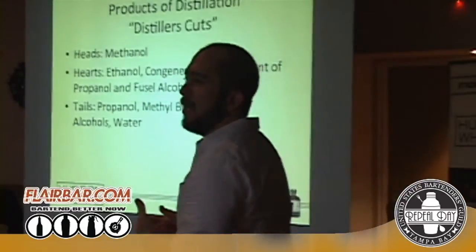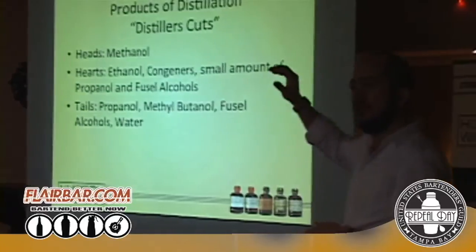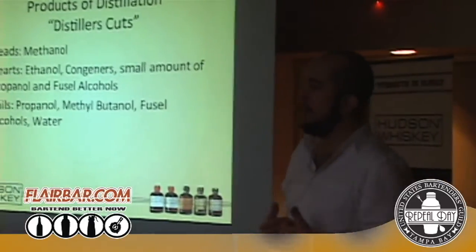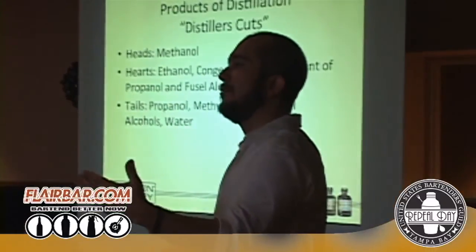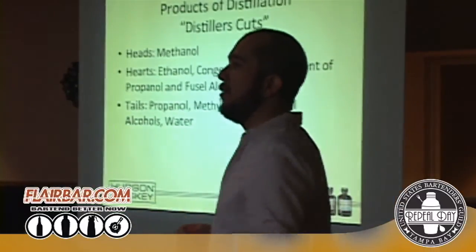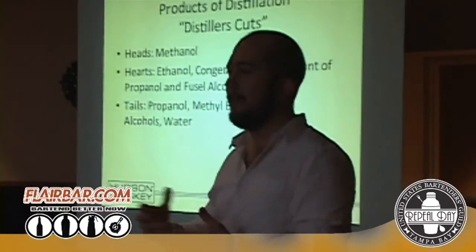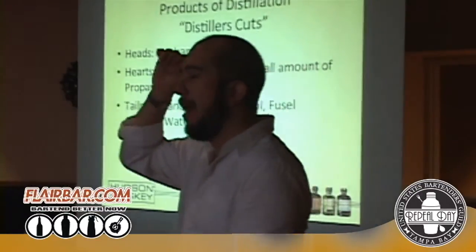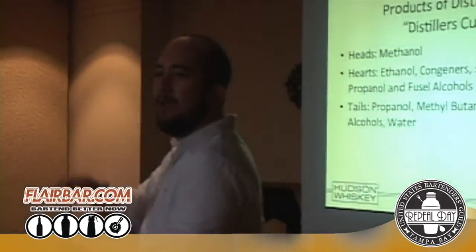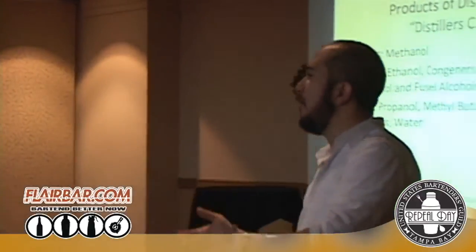Our heads are going to be mostly methanol, because it comes off at the lowest temperature. Conveniently for us, the things we don't want to drink, for the most part, come off at the lowest temperature. They're much more volatile than ethanol is, which means that we know the first things coming off, the first four shots, the heads, are going to be this nasty stuff that we don't want. We'll collect it and measure it. We know about how much of each batch is going to be heads, so when we get to a certain volume, we say, okay, we're probably going to start coming into hearts now.